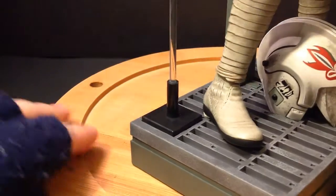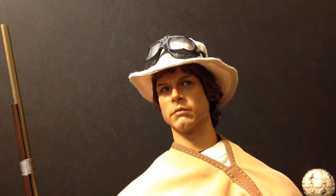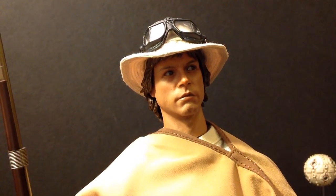Not a lot of room on the stand, though, for this, so I'm not sure how awesome that is. Now, this is the hat it comes with, and the goggles, and the hat hair all already put together, and the long rifle. Now, this is the Empire Strikes Back Hot Toys Luke, and also the poncho is from the A New Hope one,